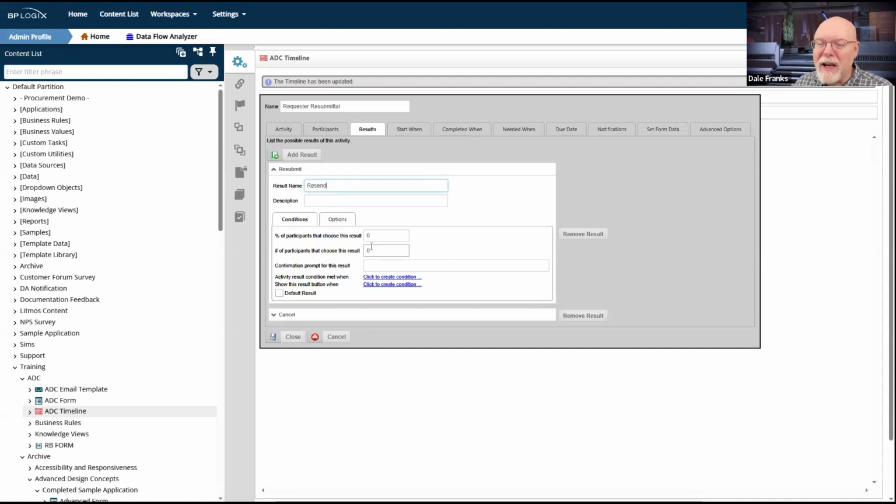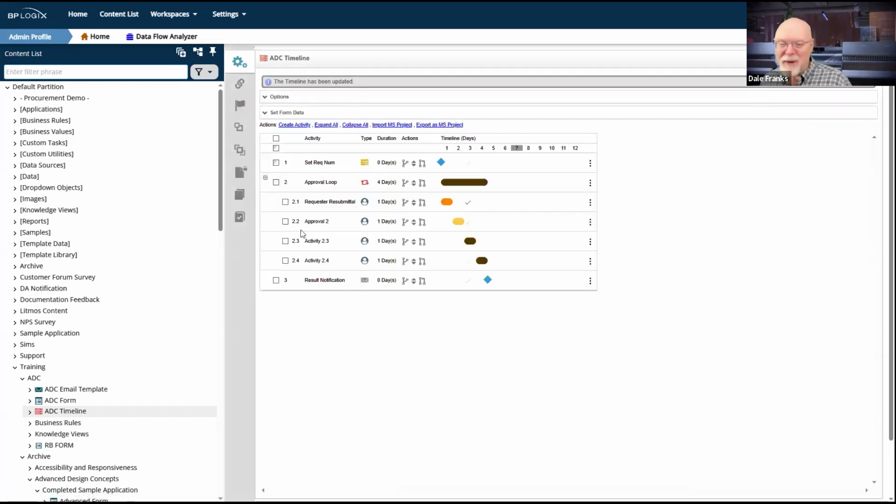So we're going to change this to resend request. So now when I get this activity assigned to me, I can resend and it will go to approval 2. It will not prompt a refresh of the entire approval loop endlessly.